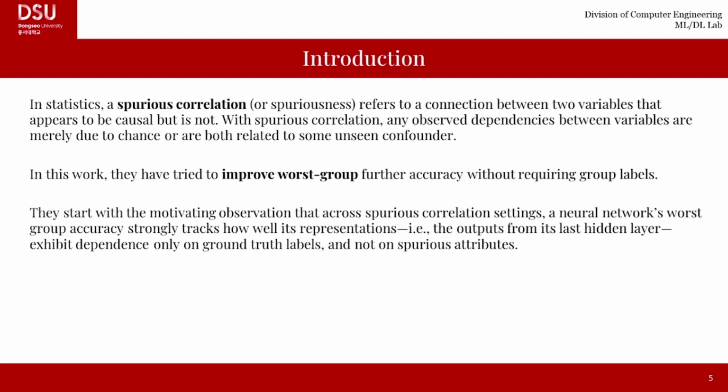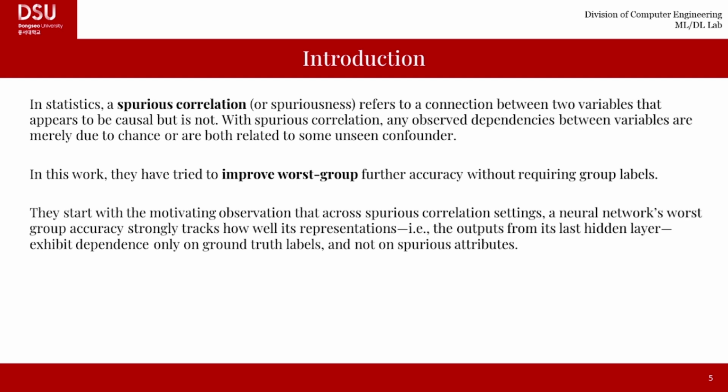So basically, if we try to understand this paper, this part is very important to know about, because it depends on spurious correlation. In statistics, a spurious correlation refers to a connection between two variables that appears to be causal but is not. With a spurious correlation, any observed dependence between the variables is mainly due to chance or both being related to unseen confounders. In this work, they have tried to improve worst group accuracy without requiring the group